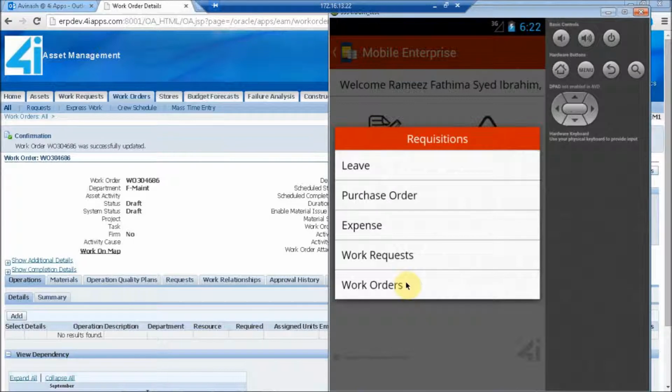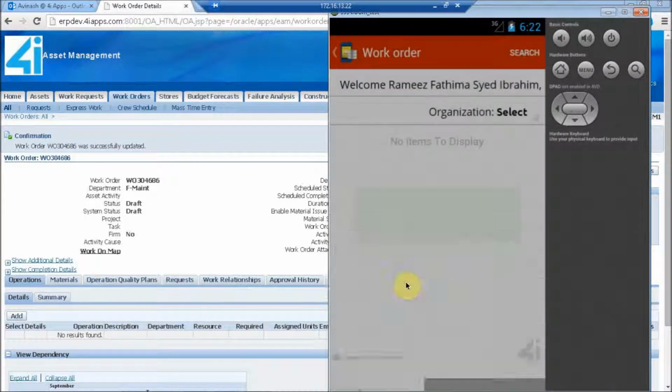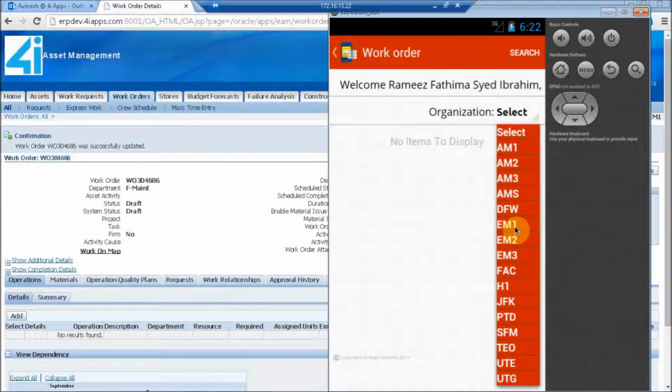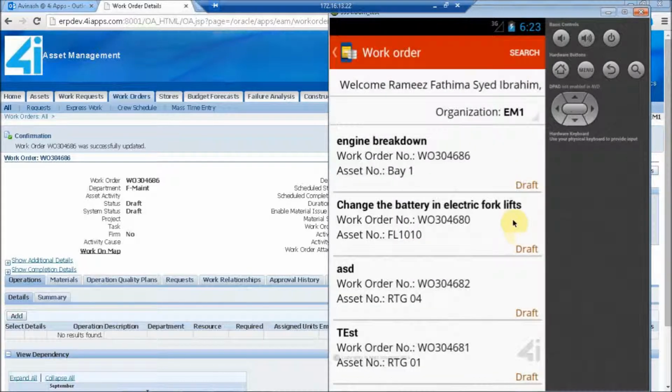We'll get into the work orders now. Select the organization. So here we can see the work order which we have created from the backend. So I can view the details of the work order.